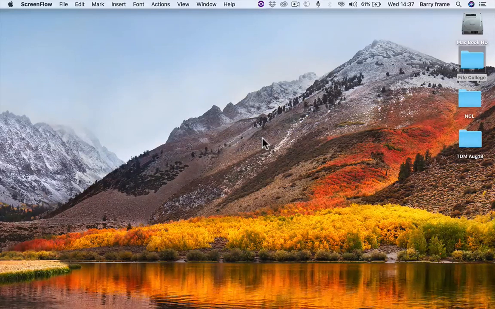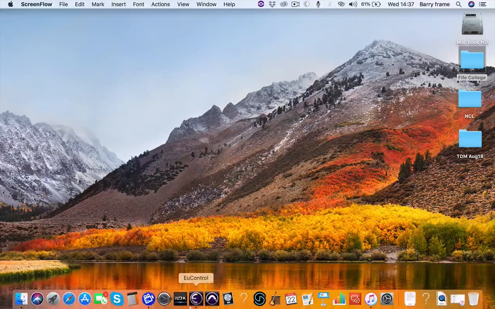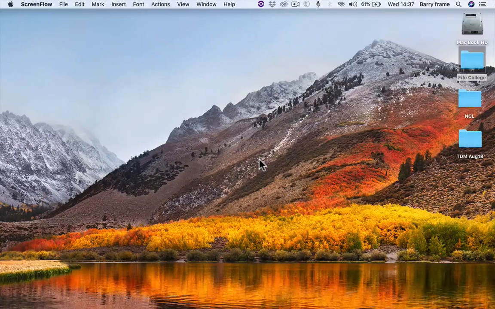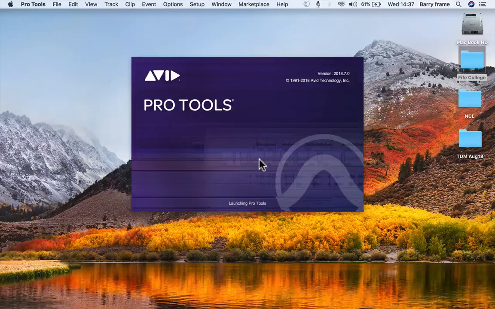So the first thing you want to do on your Mac or Windows computer is locate your Pro Tools icon and click, and then we'll get the start up dialog box appearing. Another thing I'd like to note here is that I'm using the 2018 version of Pro Tools. There are some differences between this and the 2012 one that you're using. However, I'll get more into that in class time. They're very much the same, just with a couple of minor differences, a couple of new added features